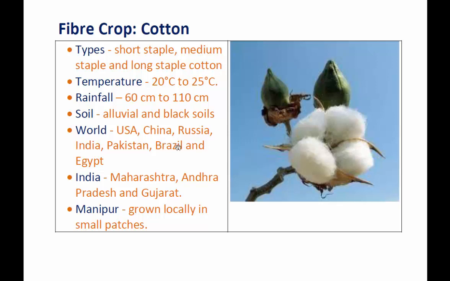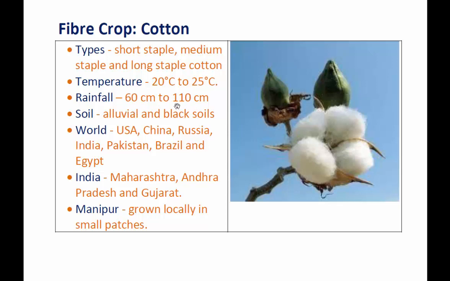Alright, so the next crop is what we call fiber crop. The first one is the cotton crop. There are three types of cotton: short staple, medium staple and long staple. For the cultivation of cotton, we need a temperature between 20 degrees Celsius and 25 degrees Celsius. You can see from the picture, this is a cotton crop, and it also needs heavy rainfall, 60